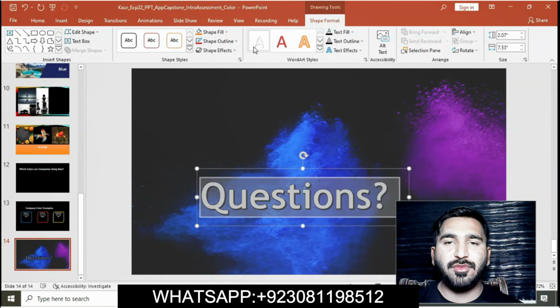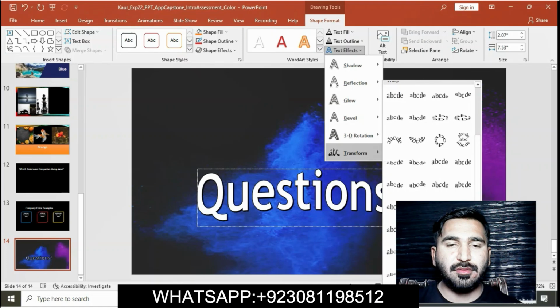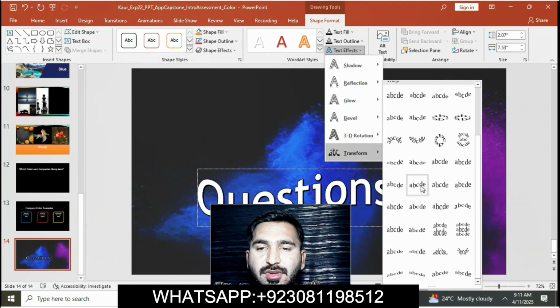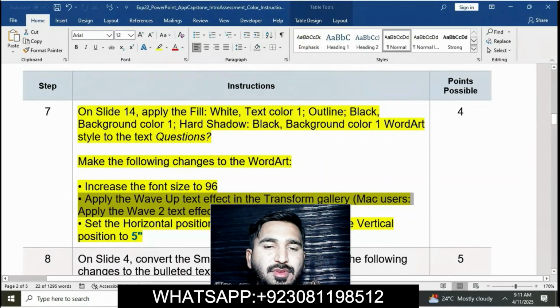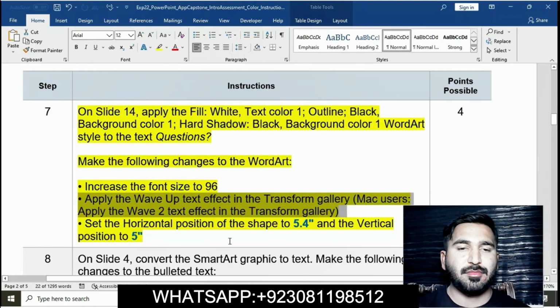Go to the shape format, go to text effect and then go to transform. Select this wave down, and okay, here is wave up.